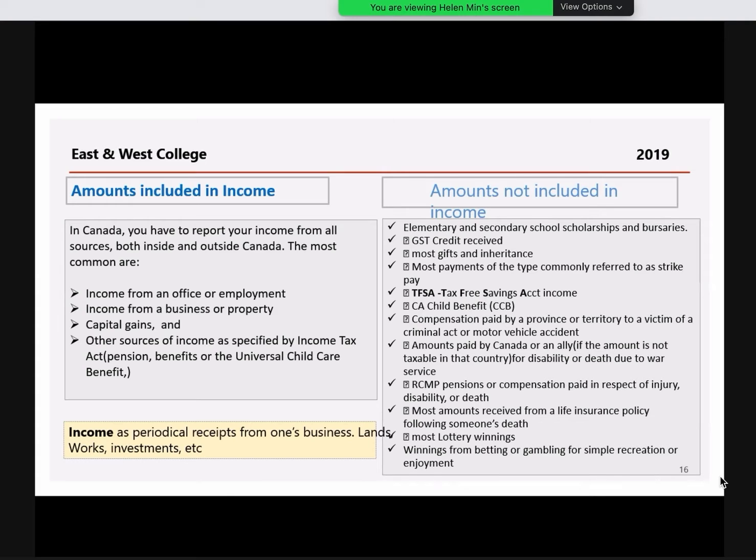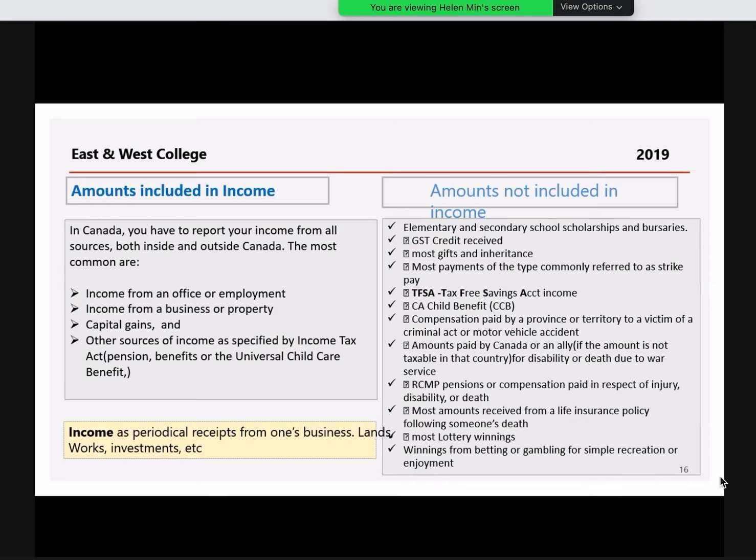Otherwise, if you give them money, cash, they possibly need to pay that tax. By law they need to pay because that's cash. Most of the time, people just give a gift. So for a gift, they don't need to pay tax. It doesn't need to be included in T1.